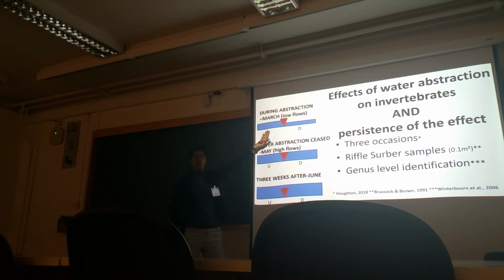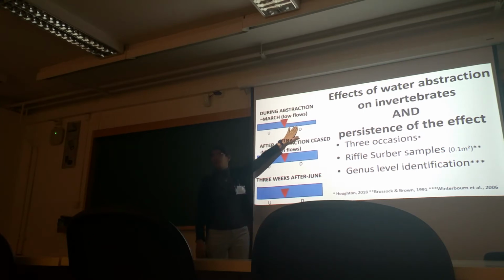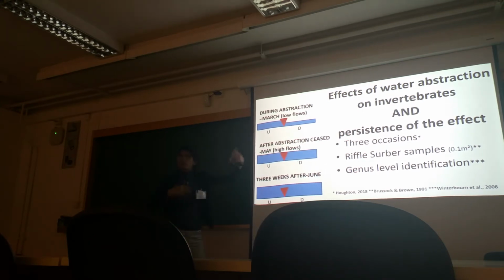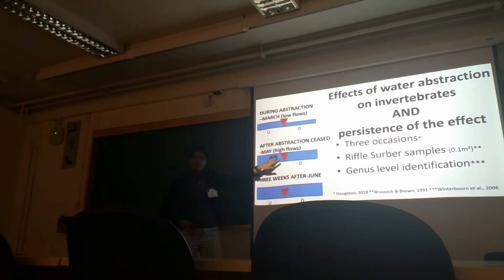So the first occasion is showing that naturally, when there was low water upstream of the water gate, farmers take it and it reduces. Then when water returns naturally at the start of the winter season, farmers stop taking water because lands freeze in that area, they don't need water anymore. And water then increases till the next irrigation period. So these were my 3 occasions of study. So I could study the persistence of this effect, of what this would have affected the invertebrates later too.